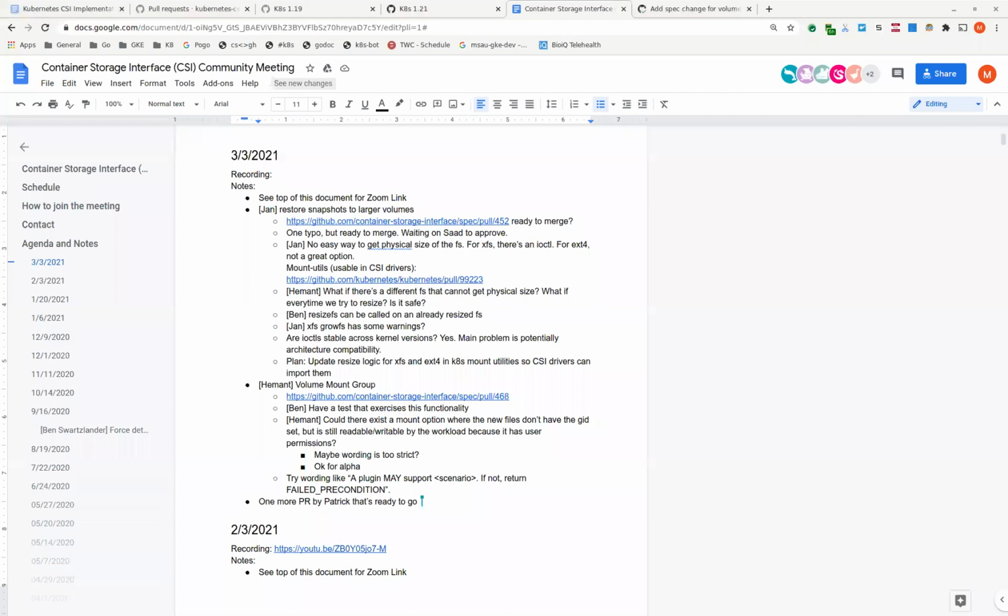Yeah, I guess we'll need to see on the Kubernetes side if he intends to still use this field. He might fall back to it because I think it's an optional field. So he'll look at the maximum volume size first, and if it's not set, then he'll fall back to the other one. That may be better.